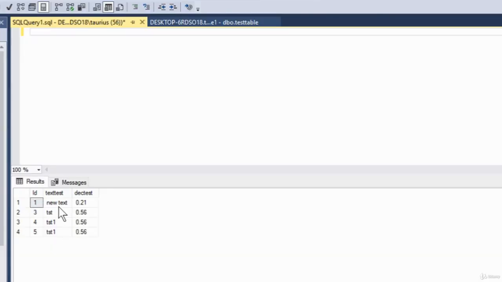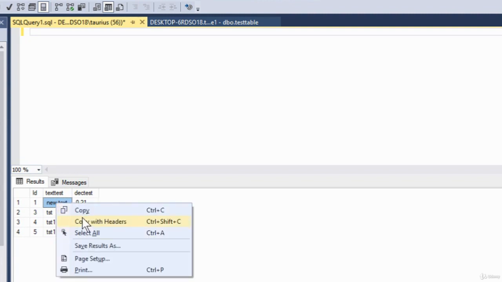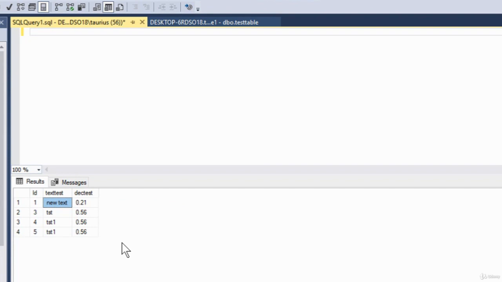So last time we had this record ID1 updated to new text and decimal test 21.21. So now let's copy the text again. Let's copy that and we will use the where statement again. So deleting is very simple. You write delete, the full word, delete, and then you write the name of a database, test table. Write delete, test table,